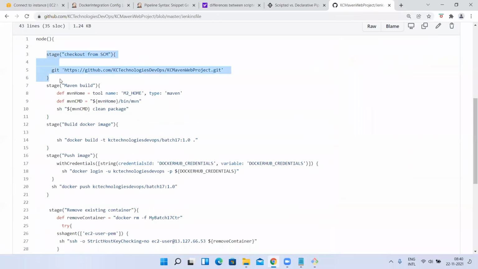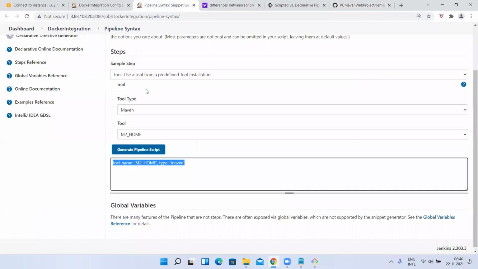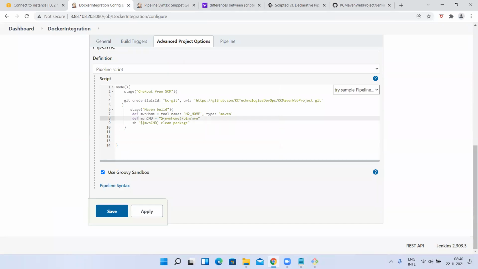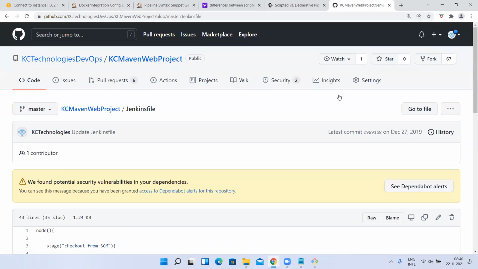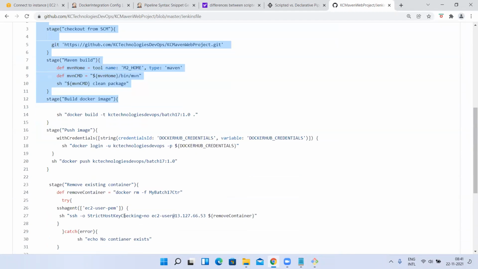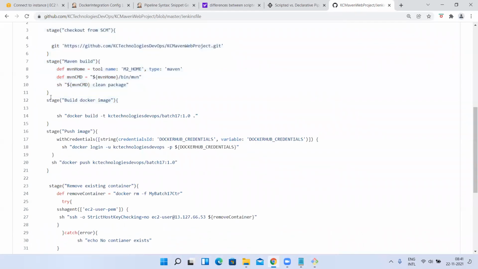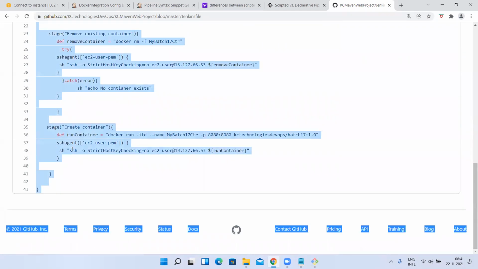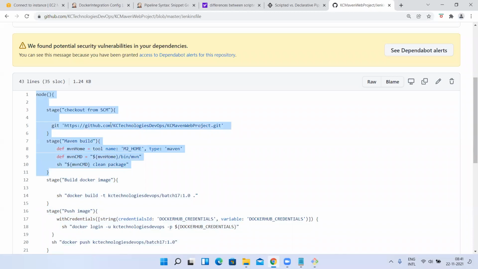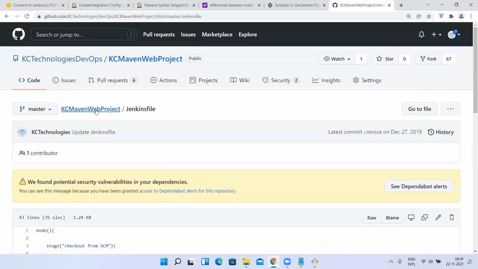See, just now I created one stage, right? Whatever you tested directly here, you copy this script, create one new file inside your GitHub repository, paste the script there and store it, right? I'll create the Docker build image, push image stages and all later. But for now, let me explain this concept. So those two stages I gave, you need to keep them here.